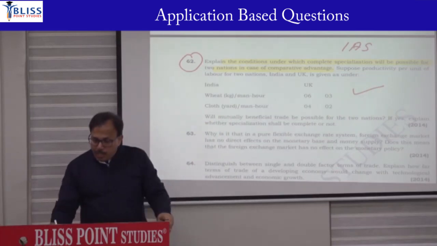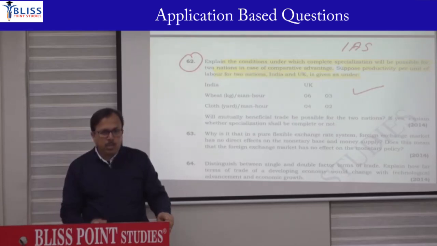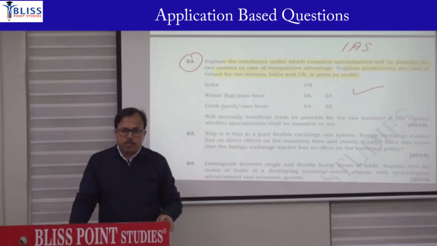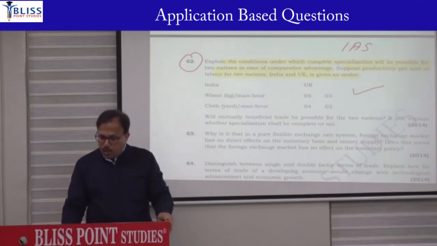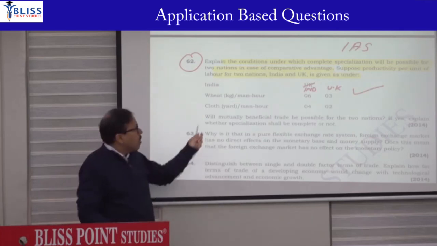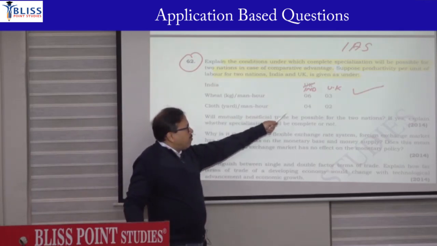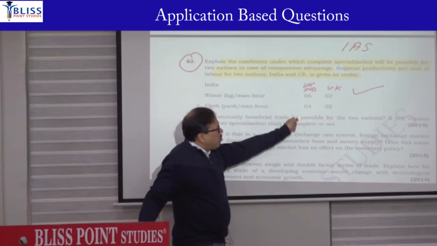It says suppose productivity per unit of labor in two countries, India and UK, is given as India में wheat के लिए 6 और UK में, ठीक है, इसको रीड आप ऐसे करोगे. This information is for India and this is for UK. In India it is 6 and 4, but point is that ये जो 6, 3, 4 या 2 जो number